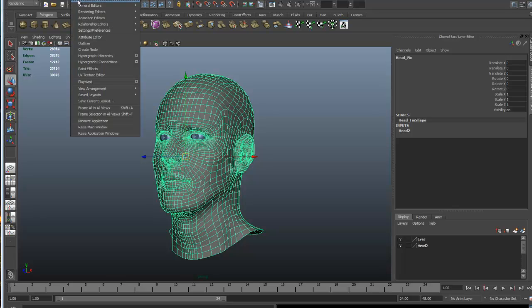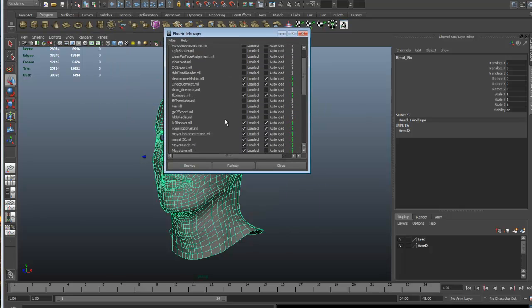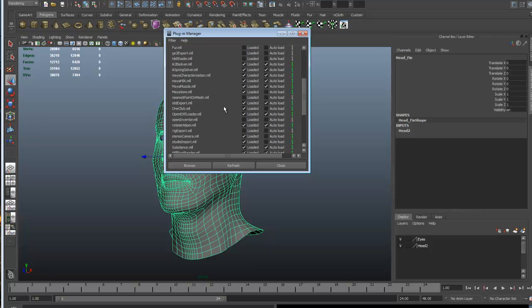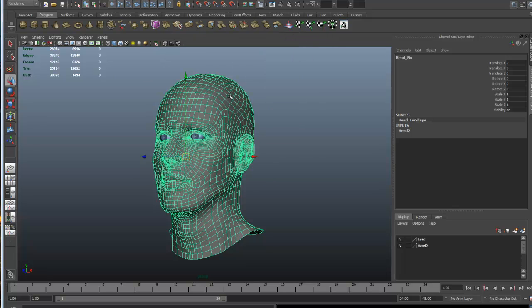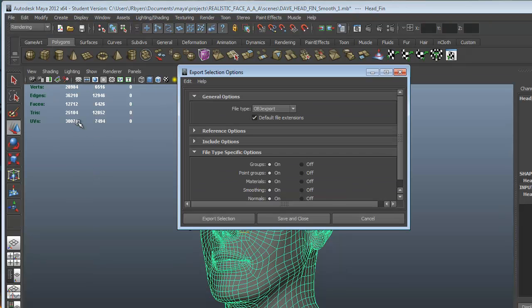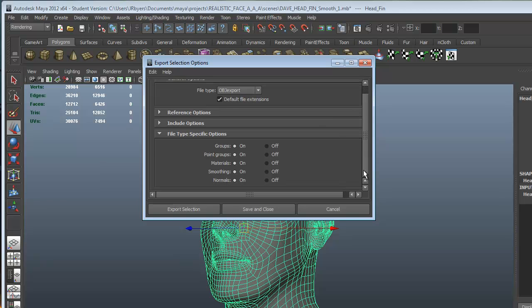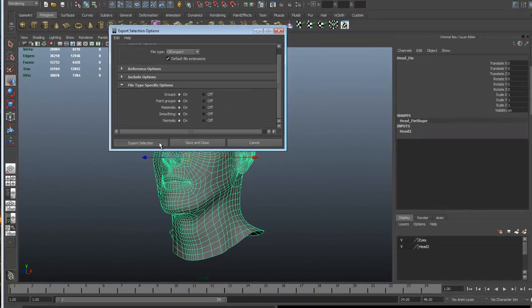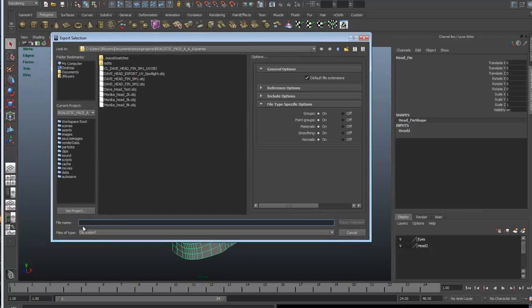So you need to make sure that you go into Windows, Settings, Preferences, Plugin Manager, and make sure that OBJ export is on. So objExport.mll, loaded and auto load, refresh, and close. You need to have the object selected. Go to File, Export Selection, into the option box. You don't need to change anything here. OBJ export, export selection. Make sure that file type is set to OBJExport, and go ahead and name this